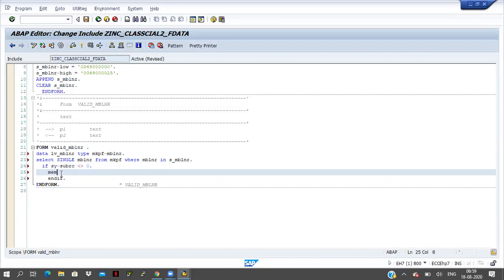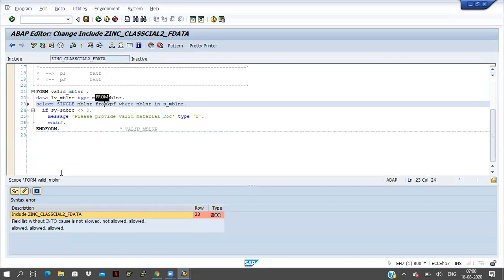As of now I am writing like this: message please provide valid input, valid material document, type I. Now save it, check it.